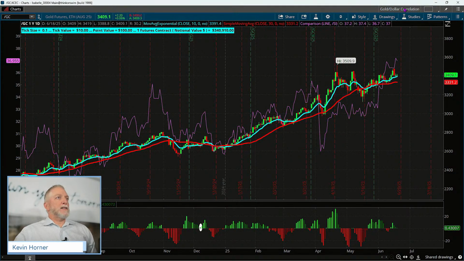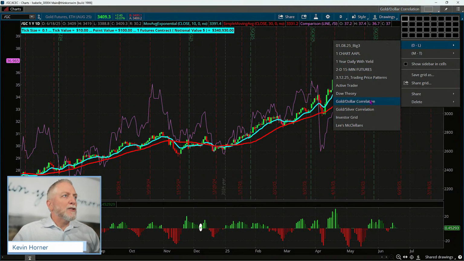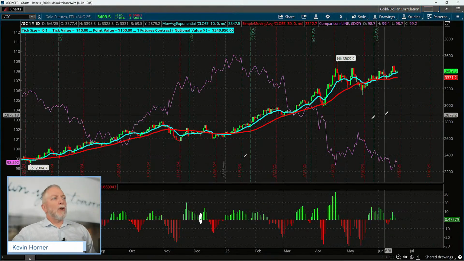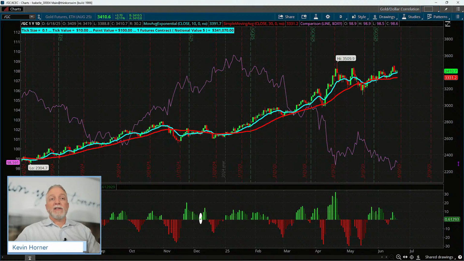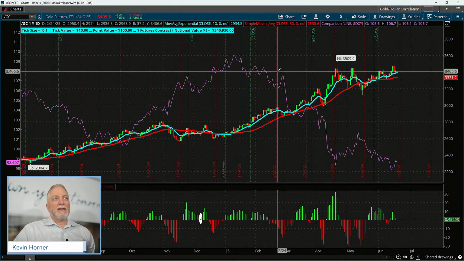The gold, and in this case, it says dollar correlation, but let me change this. I think I've got the dollar correlation. Yeah, there it is, dollar correlation. So here's gold as it works against the price of the US dollar. Notice how the dollar's been heading lower and gold has been heading higher. This is not an uncommon development, but could be one that some traders are monitoring to see if there's a shift between both at the same time, which could kind of give you an understanding of a change in sentiment relative to either of these instruments. But it's not, of course, the only thing available to you.